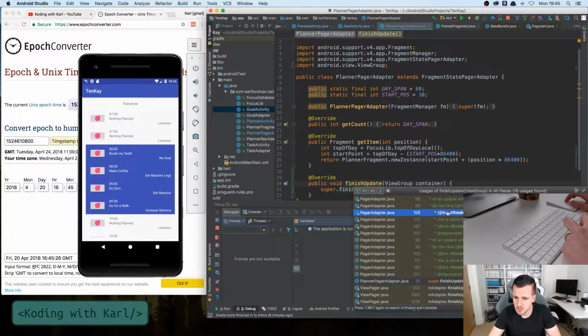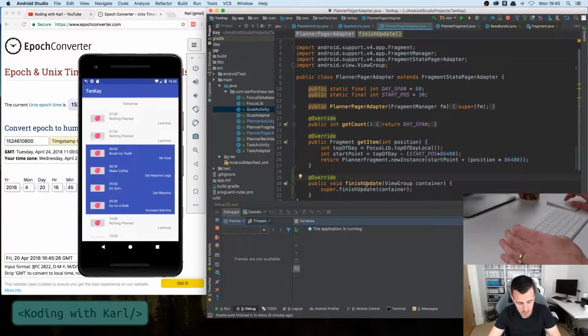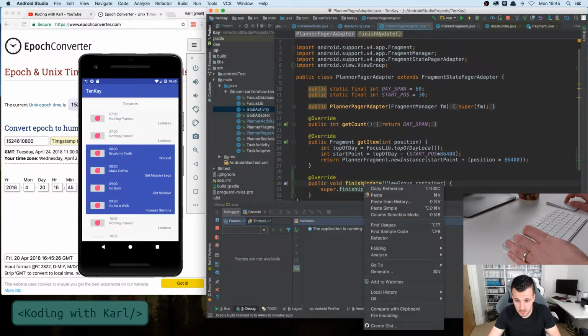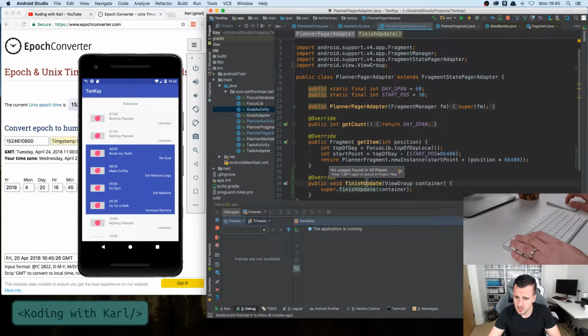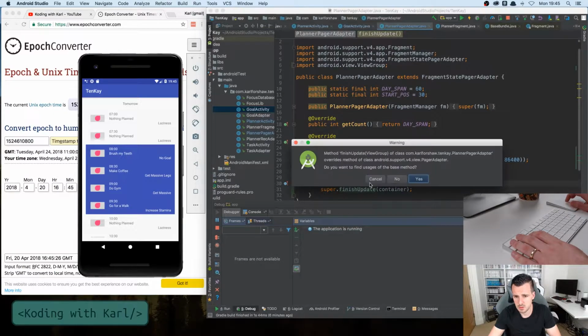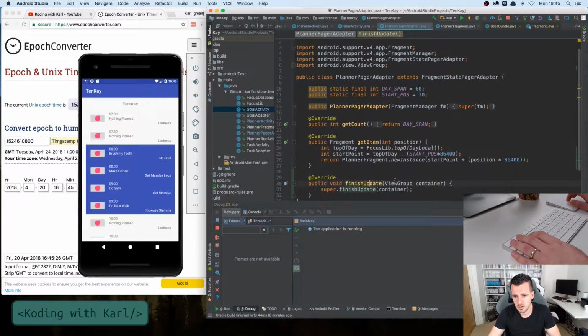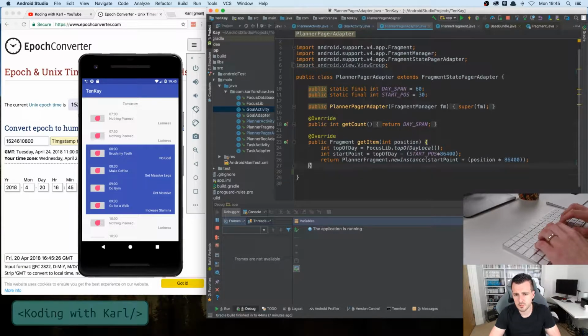Okay, so that's not what I wanted to do. Is it that one? I know that if I control and if I do, is it command and click? No. No usage. So what is this then? Maybe it's in get item. So maybe we do something like